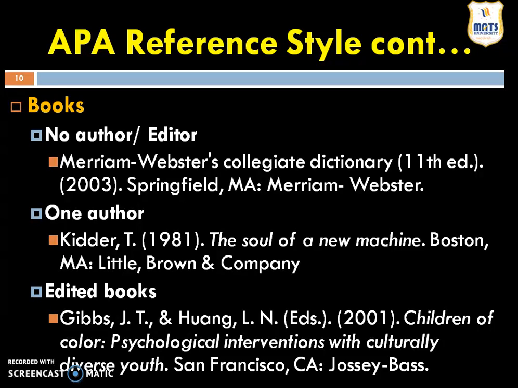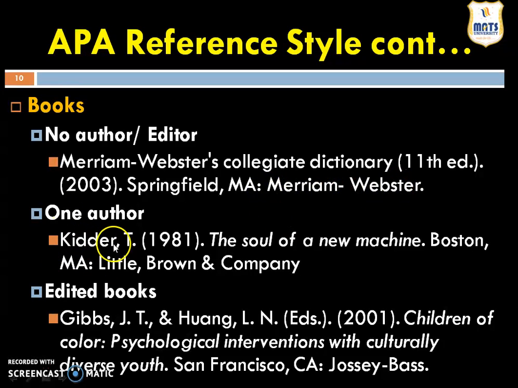Likewise, if we are referring a book, the book can be of any type, like some of the books have no author or no editor, like some of the dictionaries, and there is some book which is written by a single author, and there are some books that are written by or edited by some authors. Here, if there is no editor and author, we have to write the complete name of the book, its edition, its year, and its publisher name and address. Likewise, if it is